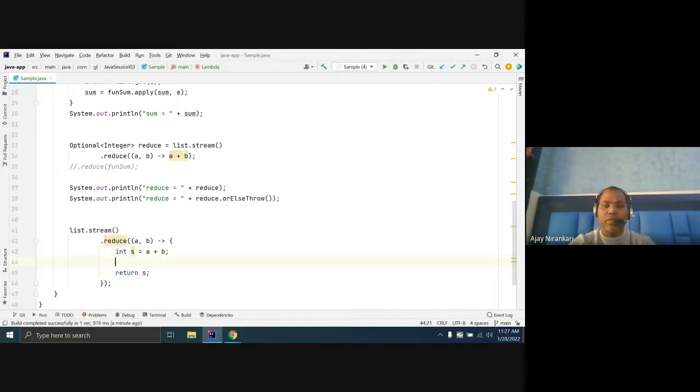And here just print your sum value, and also check what you are getting. a equals a plus b, b equals b.